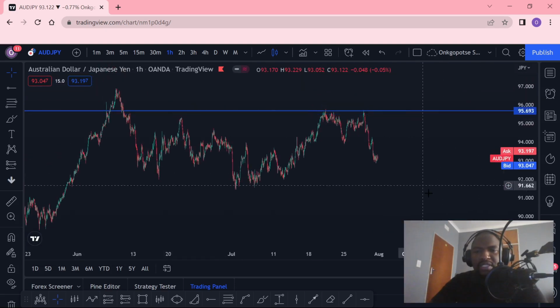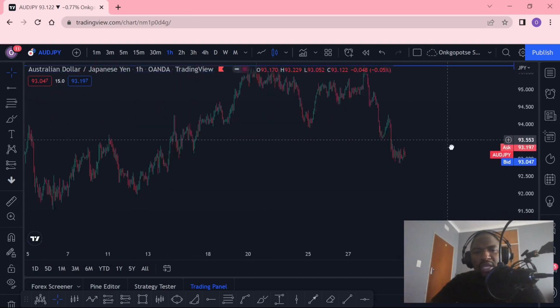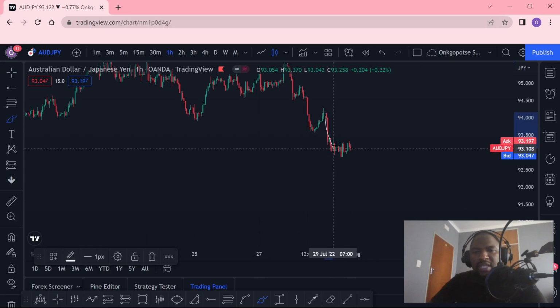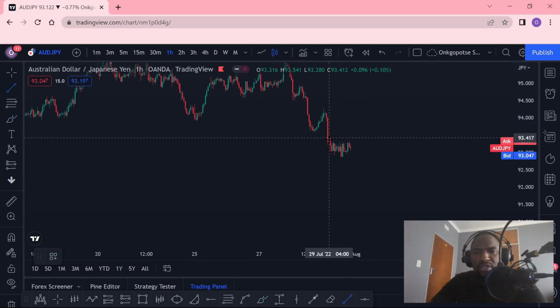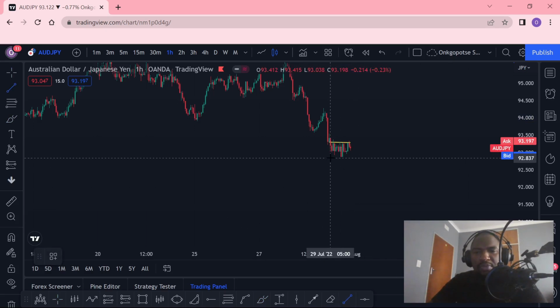So you will simply see that the market has actually left us with a beautiful impulse correction. So we basically know the rule of impulse correction. You can simply see that we had this beautiful impulse from the upside to go into the downside. We now have this beautiful correction right here. This is looking so beautiful, and it's going to be looking beautiful to enter during London session